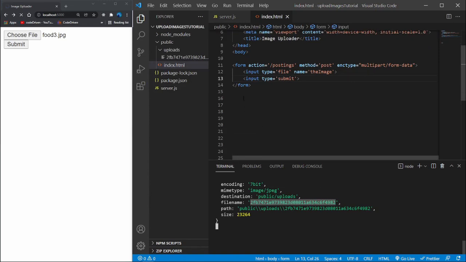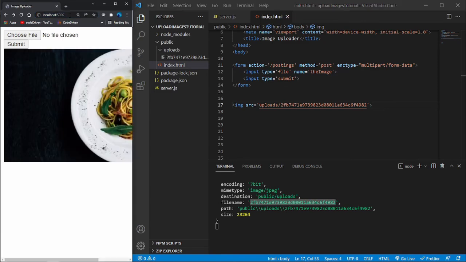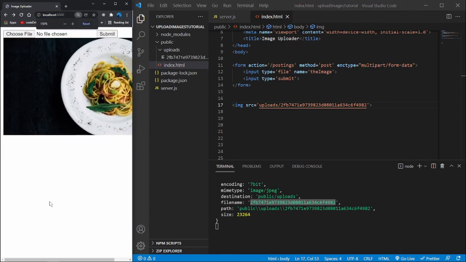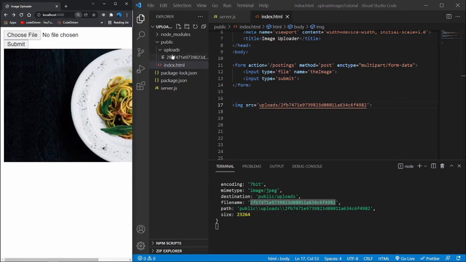And in our index.html, let's make an image. img. So it's in the uploads folder. So I'm going to put uploads/ and paste that in and close. Hit save. Let's refresh. And there's our image that's been uploaded